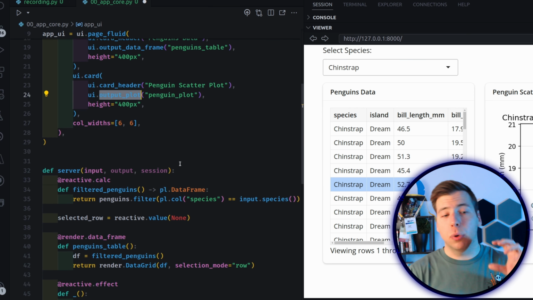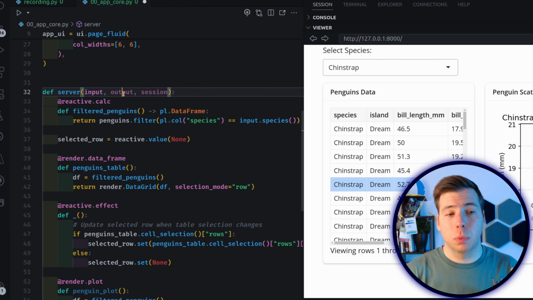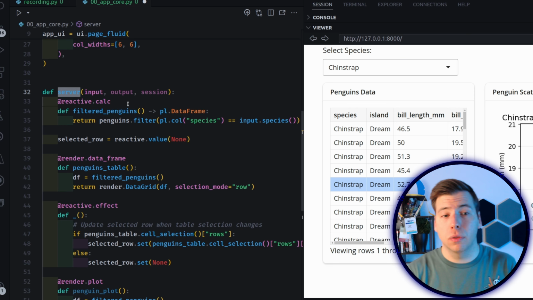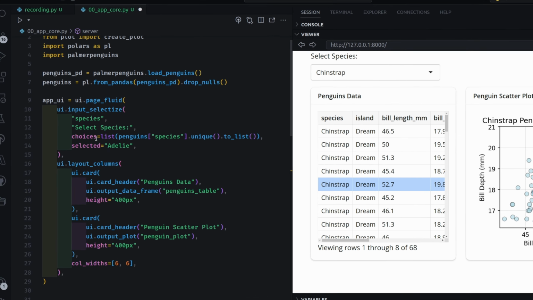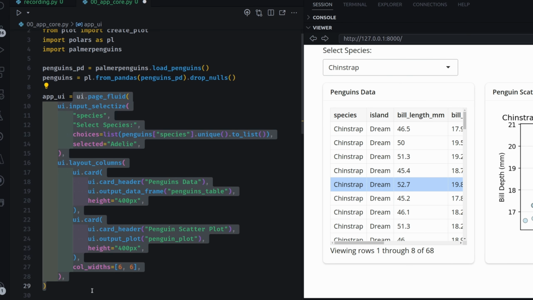And then we have a separate function that takes input, output, and session, and is usually called server. And in there, we have our reactive calculation, our renderings, and our reactive effects. So this is just a different way of writing the exact same app, but I personally like this because it helps you to separate concerns, basically. You can start out with fleshing out the user interface, where should things go, and then later on, you write the code logic to